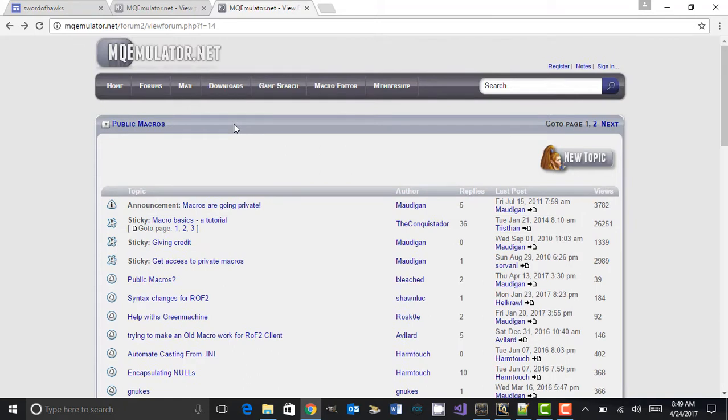In this tutorial, we are going to create some simple basic hotkeys and simple macro just to get our feet wet here. And where I am right now is the MQEmulator.net website, and you can click on their forums